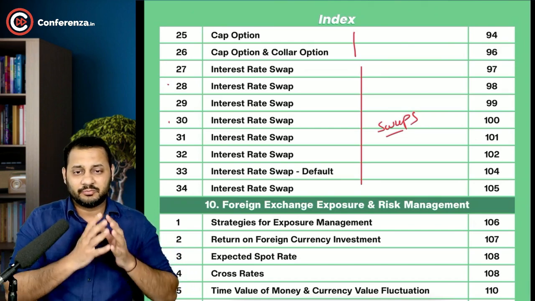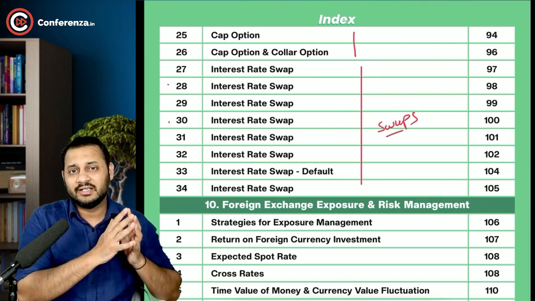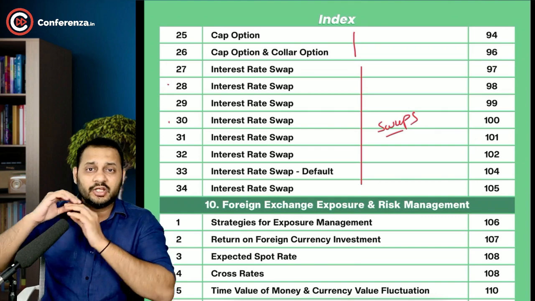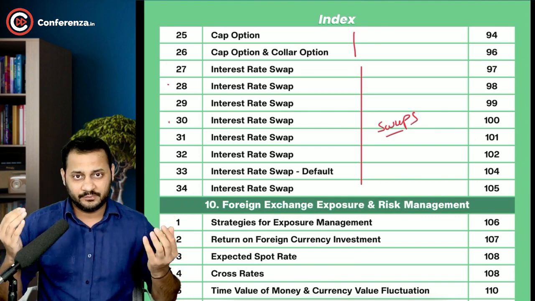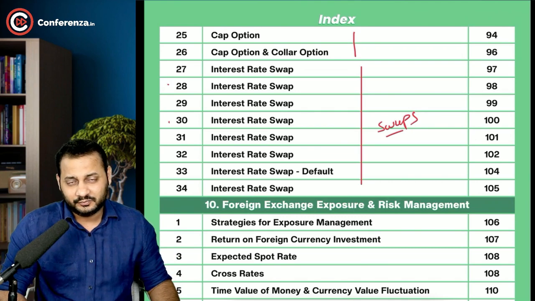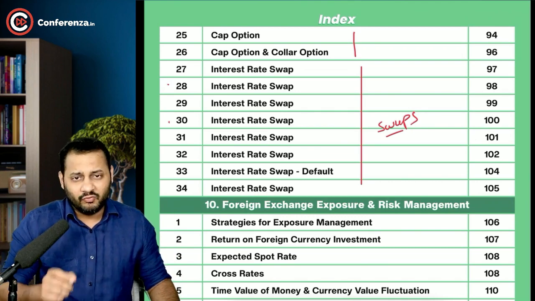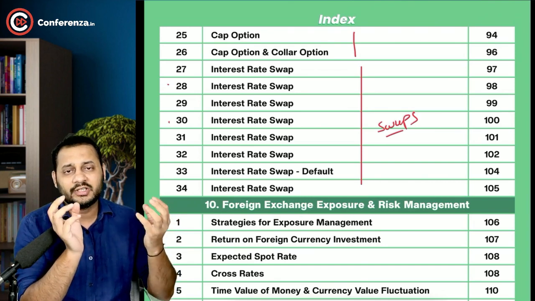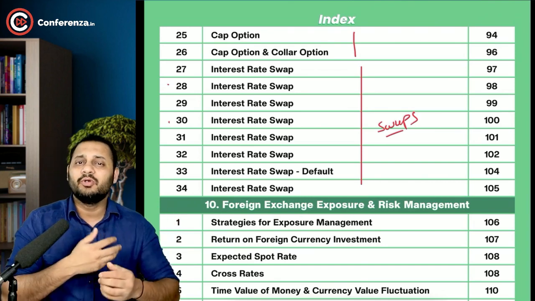It's very simple. First of all, you need to understand that interest rate swaps are not traded on an exchange. So there are no rules. It is an over the counter market contract, just like a forward rate agreement. What happens in the FRA and interest rate swaps is both can be customized depending upon the needs of the